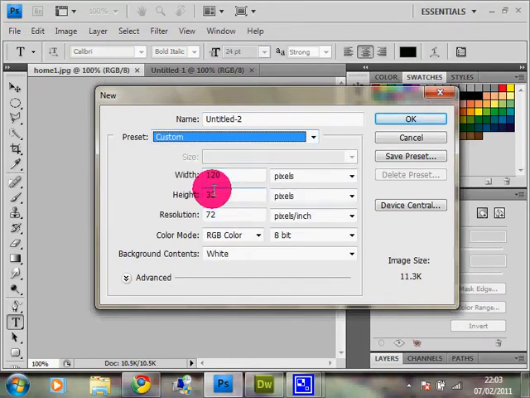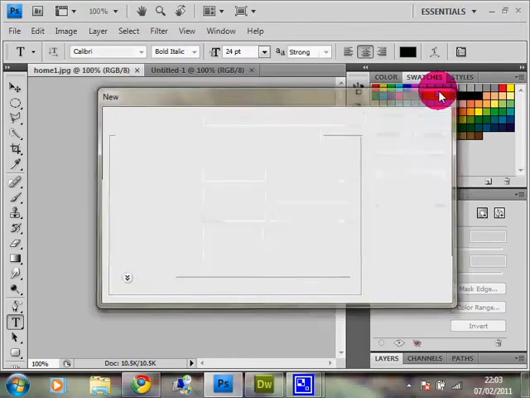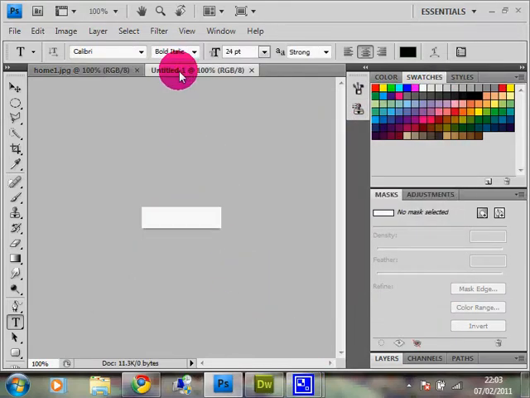The width can be 125, 120 or 110. Remember, everything should be in pixels and not centimeters or inches, and the height should be 32, or it can be 35 also. Select the background contents as white and click OK. But I'm not going to do it because I already created it before and have it on my screen.